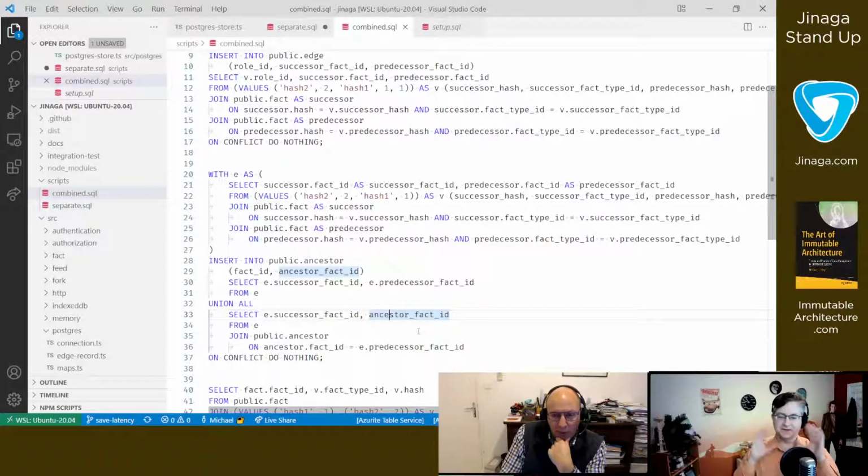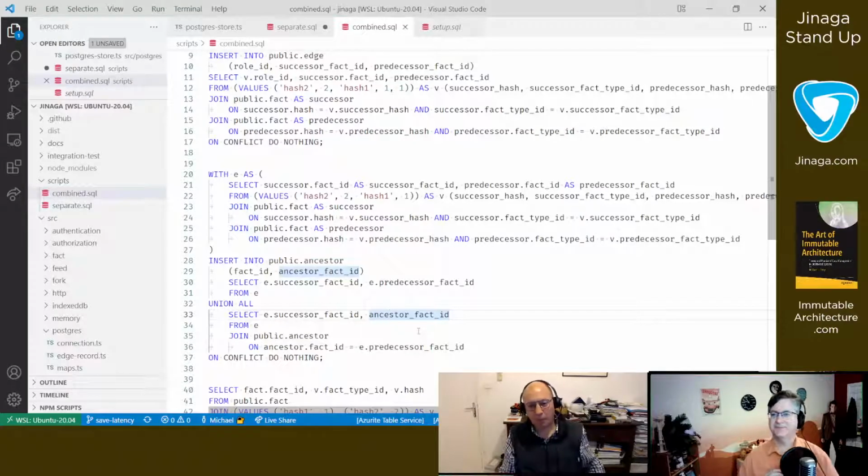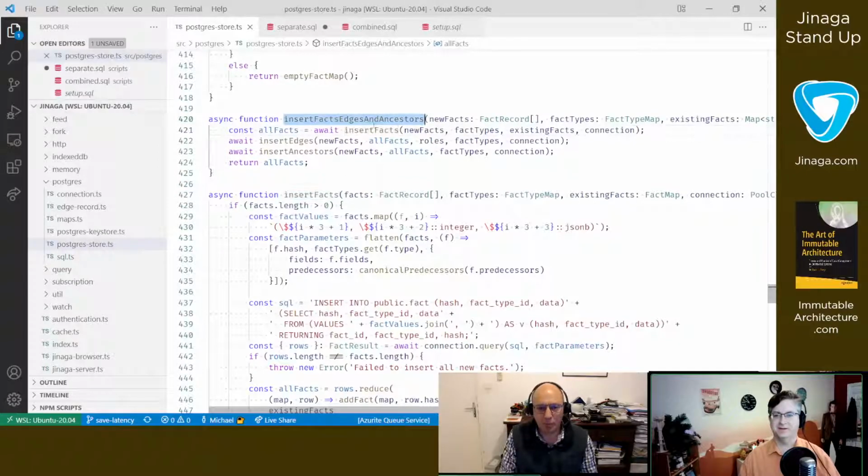So that's the plan. That's the combined SQL. Now I just need to go here into Postgres store, and now this function that I just extracted from the big function, I said these are the ones I want to combine, put them together, extract.